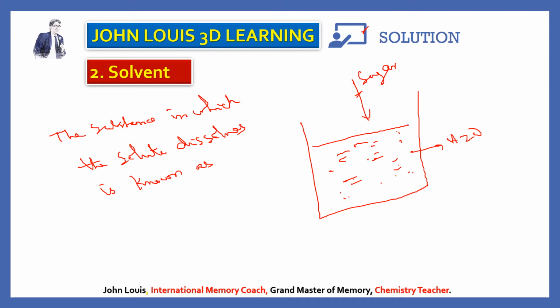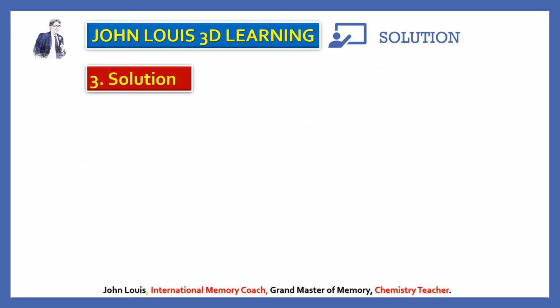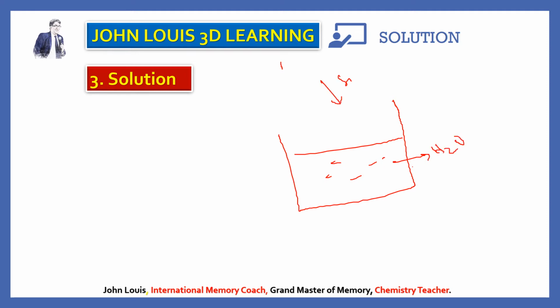Let us move on to the next subheading. What is meant by solution? Same thing. When you are adding a solute to a solvent, it gets mixed up. We have taken water and the same example, sugar. Sugar is a solute and water is a solvent. Sugar gets dissolved in the water. Therefore, what is a solution? It is a homogeneous mixture of a solute and solvent.